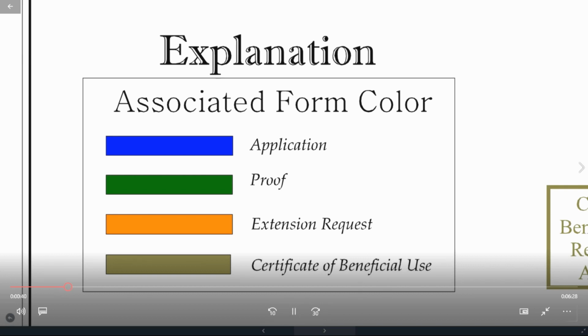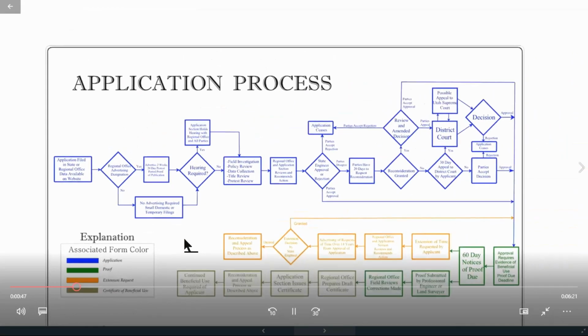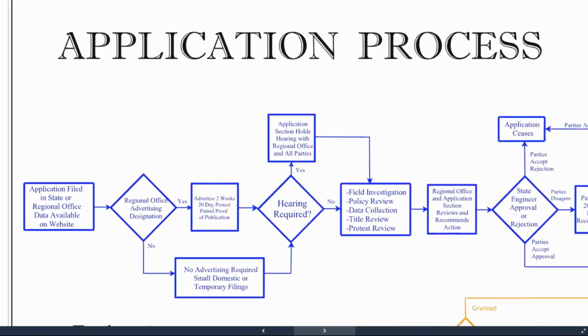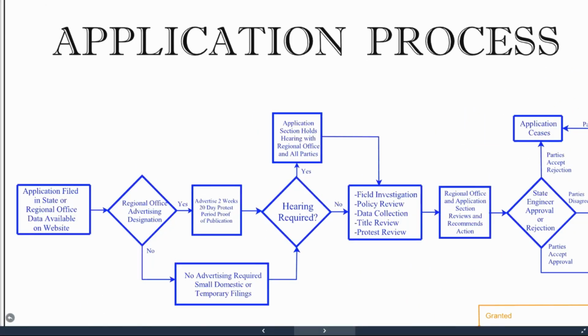Part two of this video series describes what happens to an application after the decision is rendered and the administrative remedies parties may seek if they disagree with the decision. This is shown in the second part of the blue section of this chart. Part three of the video series covers the administrative process once an application is approved with established time limits and the applicant works to complete the proposed project and fully place the water to beneficial use. Now let's take a close look at the beginning of the process from filing the application to a decision by